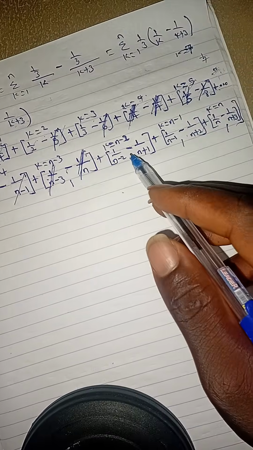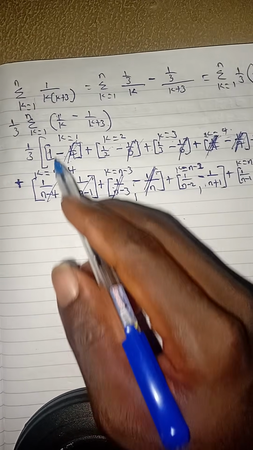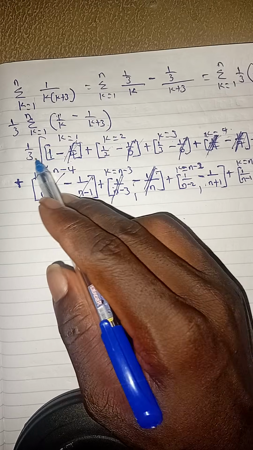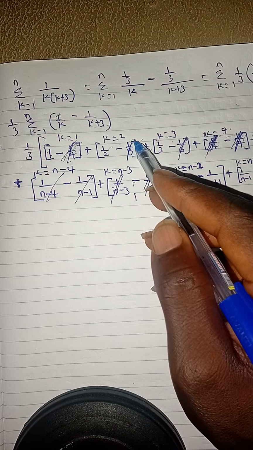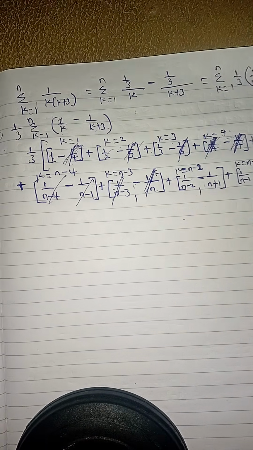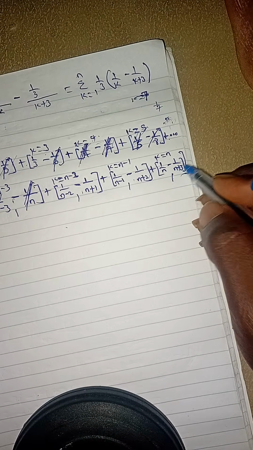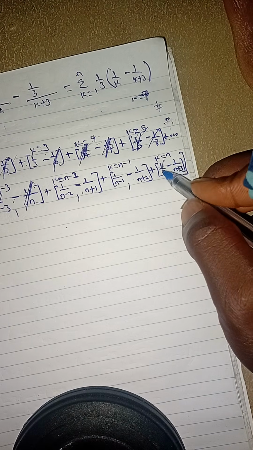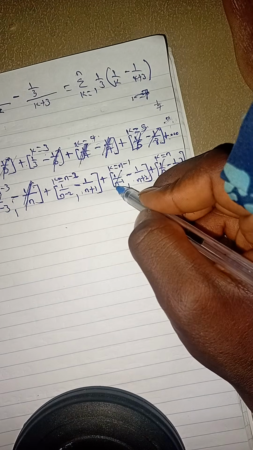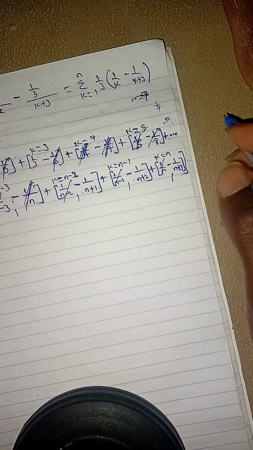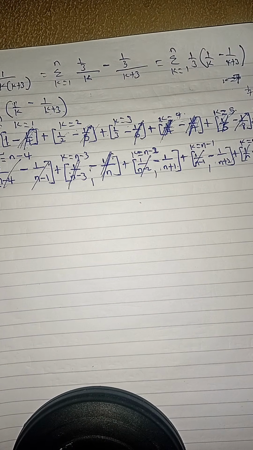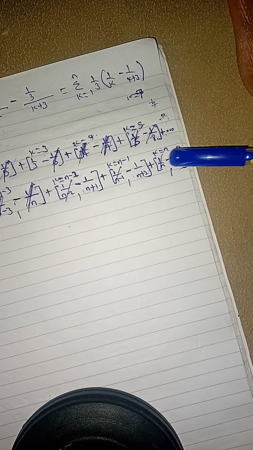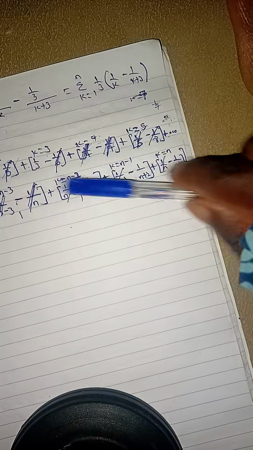So now, let's see what will happen to this remaining one. If you are coming from here, you will meet 1 first, then this is the second one. The second one goes here. If you are coming from the back, this is the first, this is the second. The second one will go here. Whatever happens to this side is the same thing that will happen to this side. But here you take this side as first, second, third, fourth, but here, first, second. So what do you have left there?